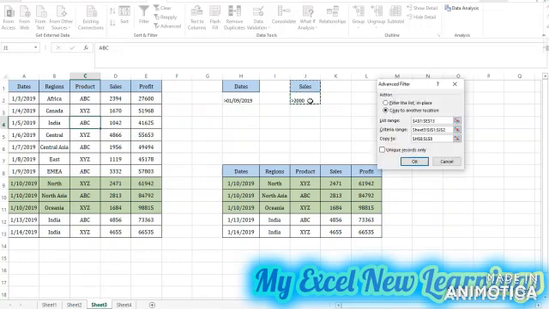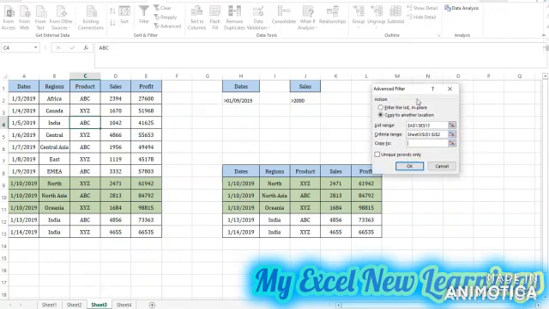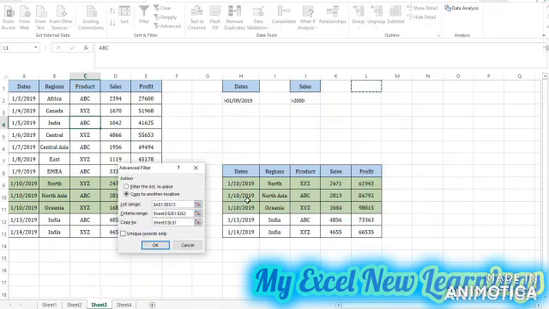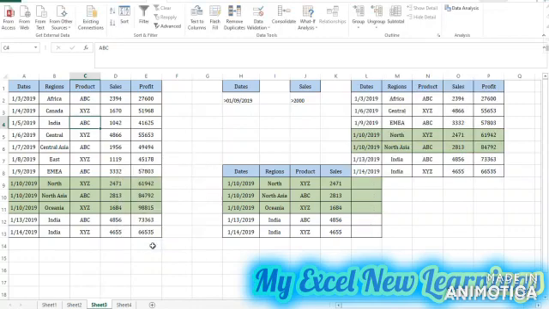I want to see the sales which are greater than 2000, then copy to other location. So we will see the data reflect here. We have got 7 records with sales greater than 2000.